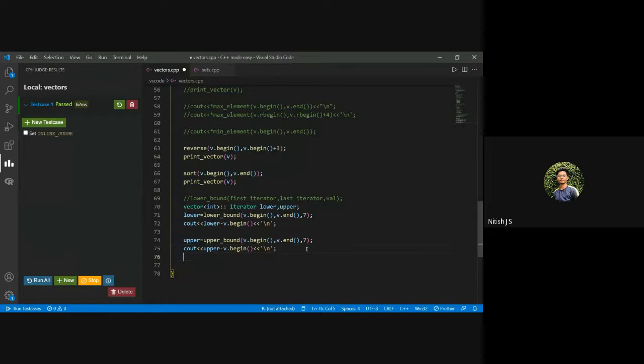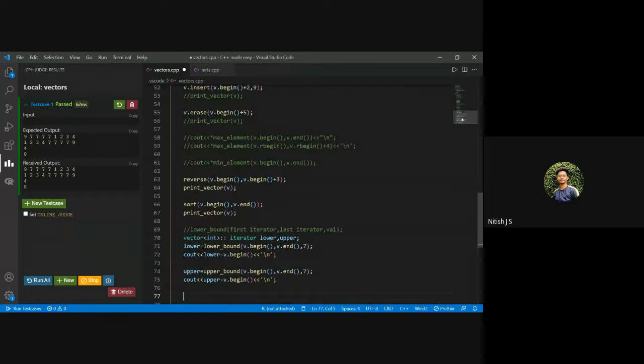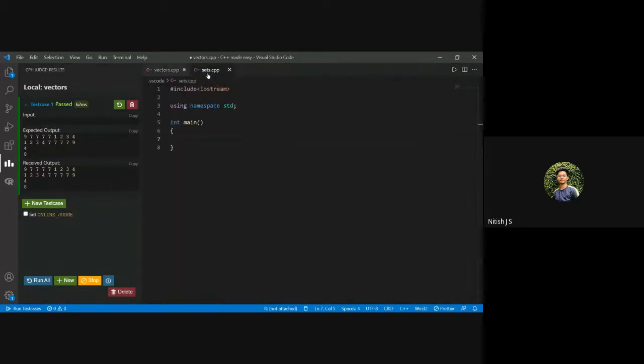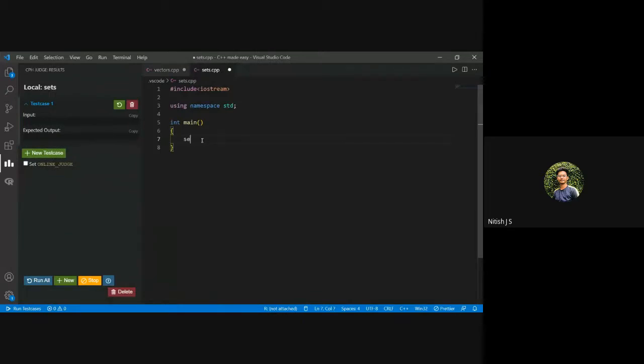So we have found the upper bound, lower bound, etc. Now we have seen the basic operations which you will need in vectors. Now we'll move on to sets. So similarly to vector,